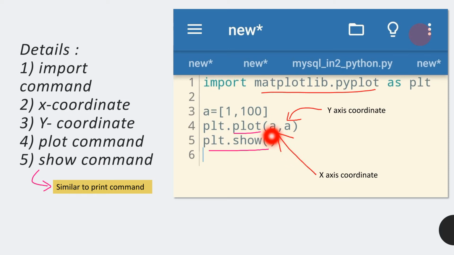The first thing to note here is that the first one is the x-axis and the second part is the y-axis of the graph we use, and this is similar to the print command. We usually write print something, and the output shows that thing. So we use the plot command similarly.